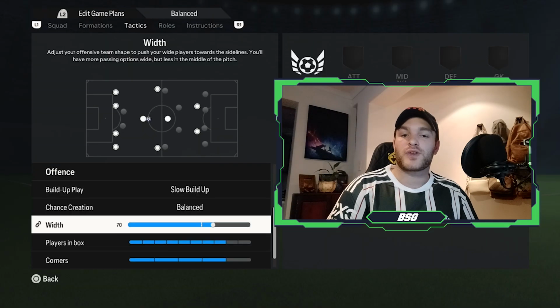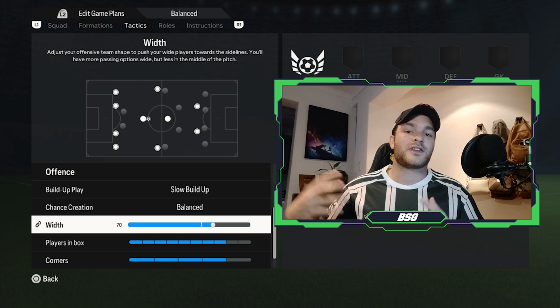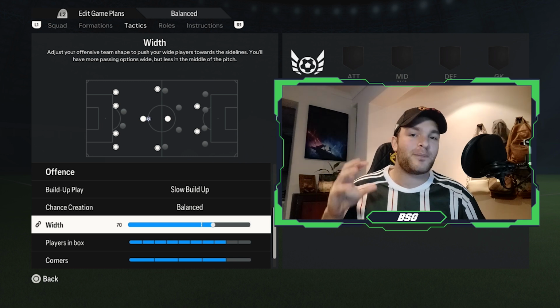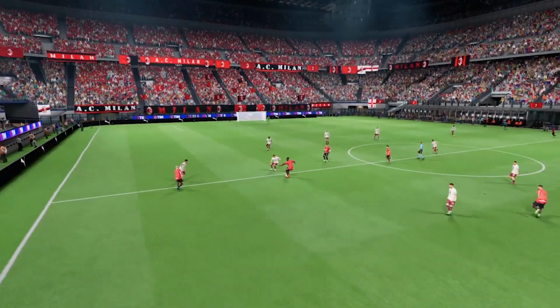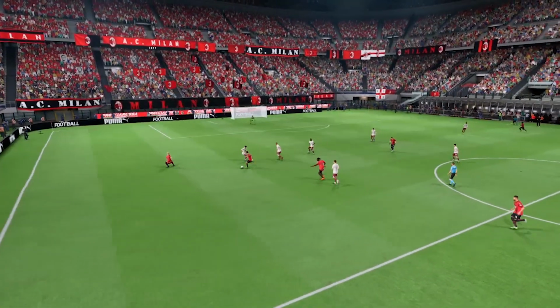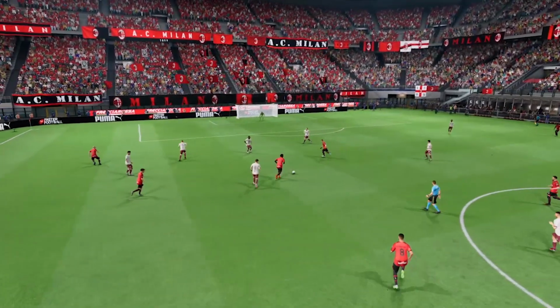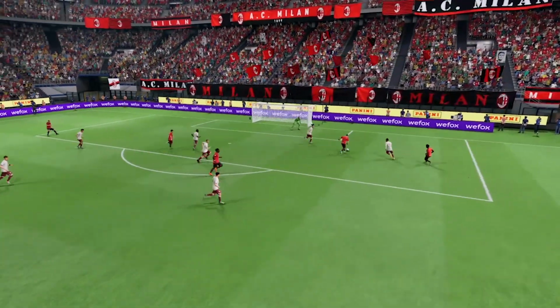The offensive width for the side should be set to 70, which does tend to lean into the wider attacking zones, but you will also see a solid balance between your attacking in the interior zones as well as the wider flanks. Now, essentially, Fonseca does like his side pulling the opposition's defensive backline regions into those wider zones, opening up a lot of central space for your midfield players to rotate into, or even your striker and your attacking